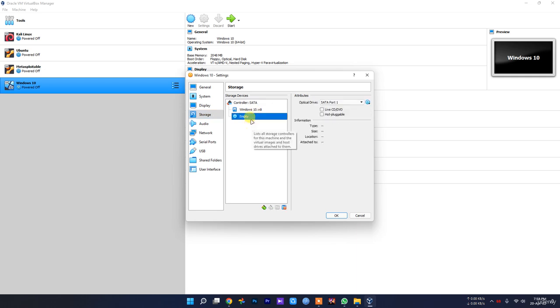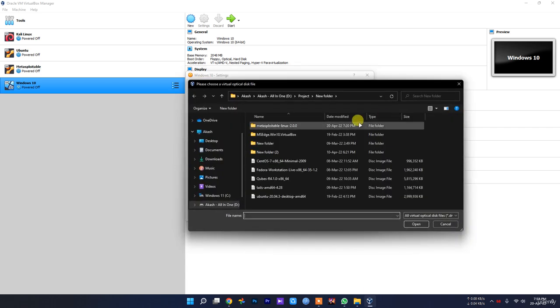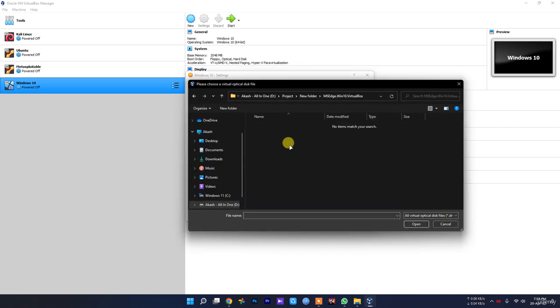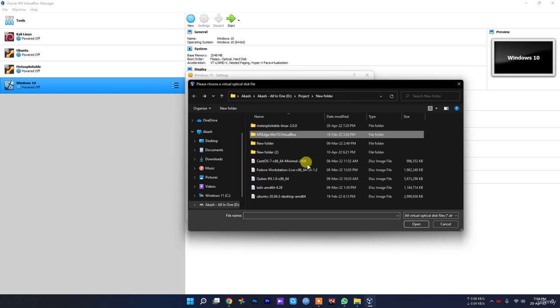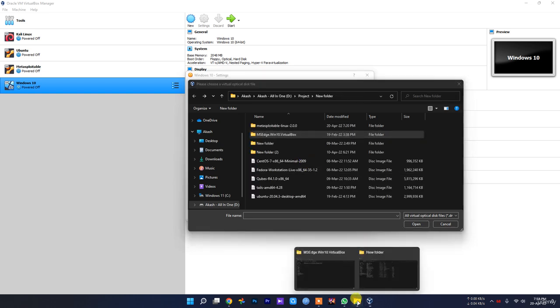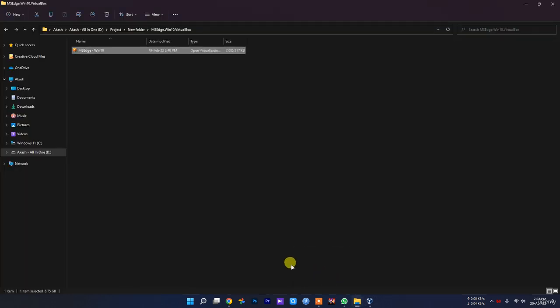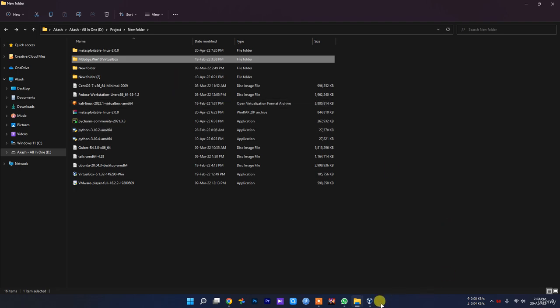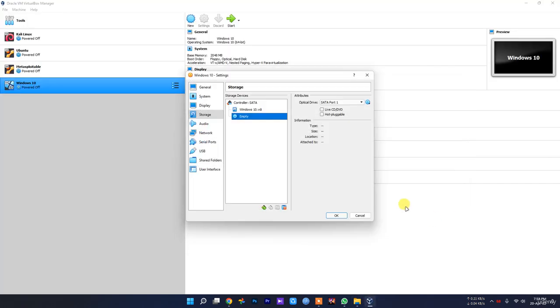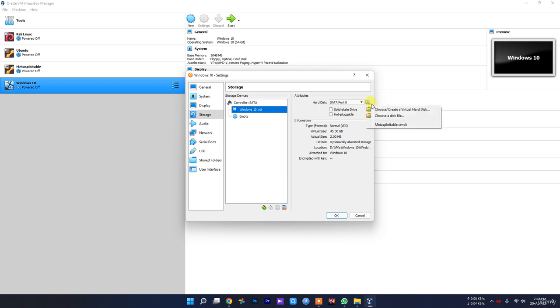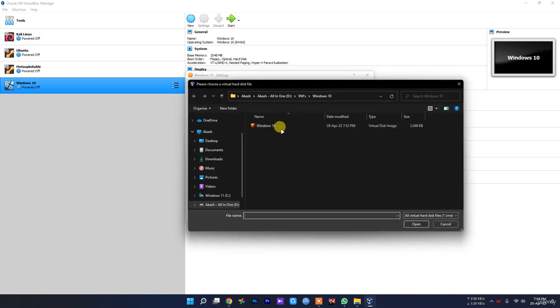So select empty, then choose a disk file, select this as